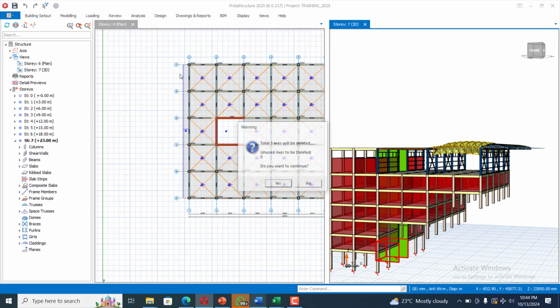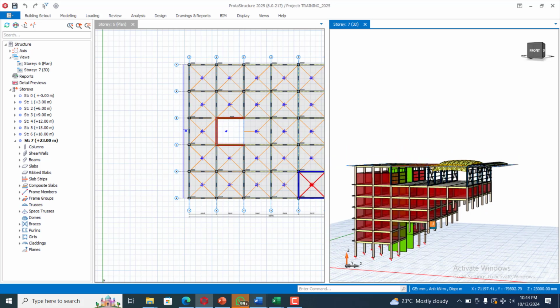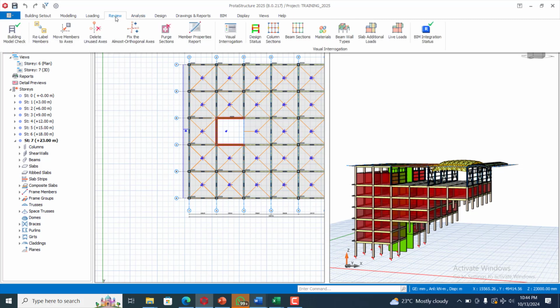You can delete unused axes. For a very large model like this, you can have axes that are not used. As you can see, it was able to detect up to 8 different axes that are not in use in the model. So when you come back to here again, you can fix the almost orthogonal axis, porch section and all that. But we've not done our design to see our design status yet. We've not done design, so we'll have to design and then check that. Okay, so